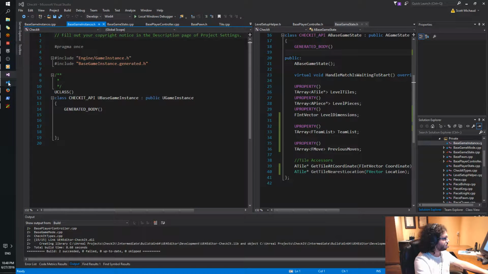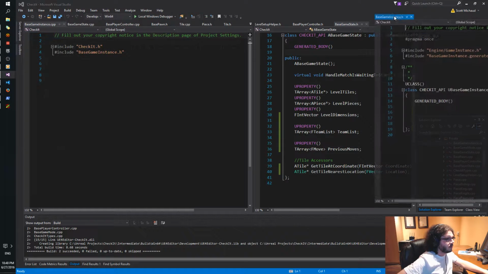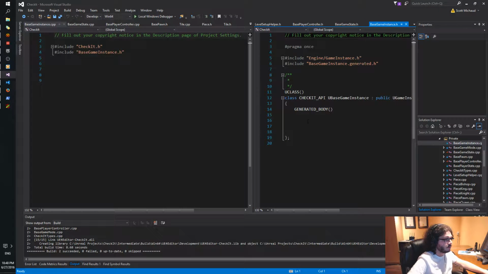So let's go back to Visual Studio Code. I don't need to know any of that. There we are. Bingo. Generated body.